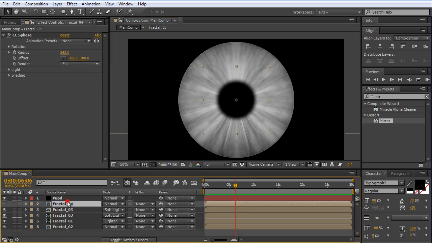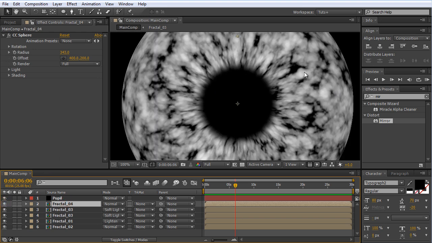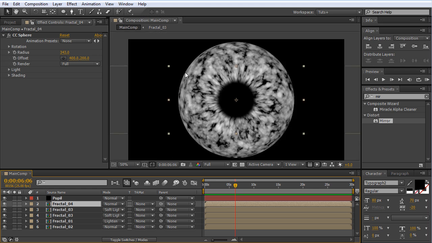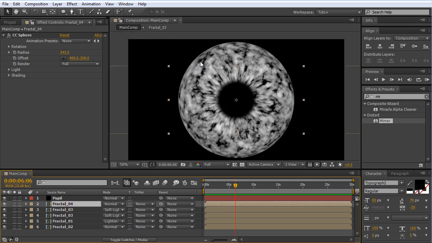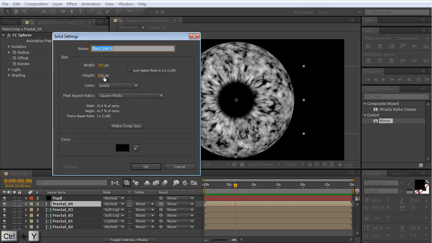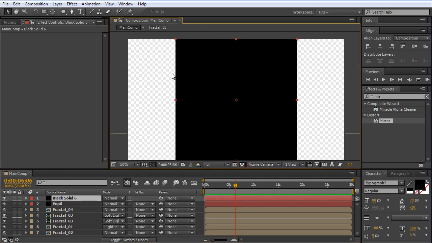Let's bring in fractal 4. Fractal 4 gives us a very rough concaved and convex shapes, and I do like to have those, only I wouldn't like to have those so rough, especially around the middle part here. So what I will do here is create a mate for it. I'll create a new solid, Ctrl Y, and I'll set the height to 720, same as the composition height, and I'll set the width to be 720 as well, so we get a perfect square, straight in the middle and covering the whole of the